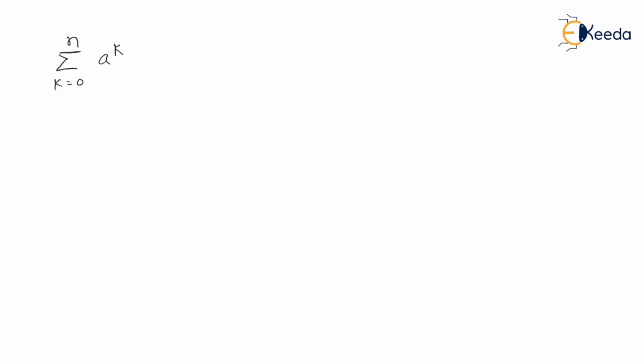So here you can see that we have a to the power k inside a summation where k changes from 0 to n. So let us learn how to expand this. So k value is changing from 0 to n in ascending sequence. So it would be like this: a to the power 0 when k equals 0. Absolutely, k will become 1 after this. So it will become a to the power 1, then plus a square plus a cube and so on. We don't know what the value of n is. So in general, I'll say it will go up to a to the power n.